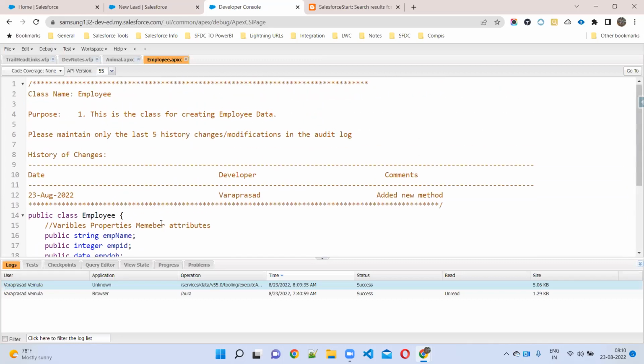Sir, someone is asking a question. Sir, yesterday while creating the student class, I faced some problem. I entered class as the variable name, but it's not taking it. Maybe you are missing a semicolon, or the data type is wrong, or you are missing the access modifier; it will throw a message. I thought class is something specific. No, you can give the name student. It will accept it. No problem.